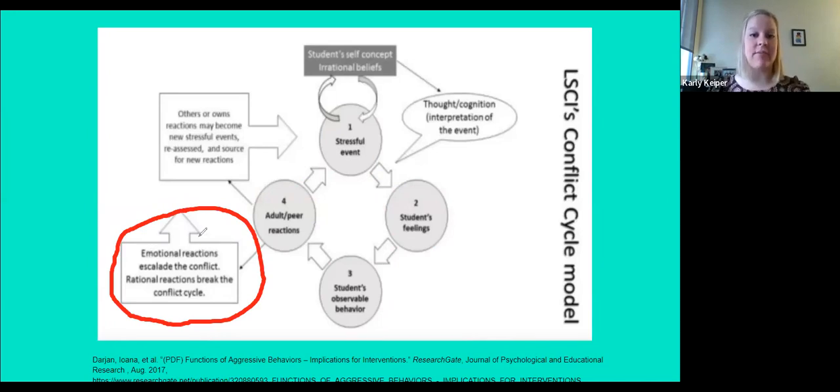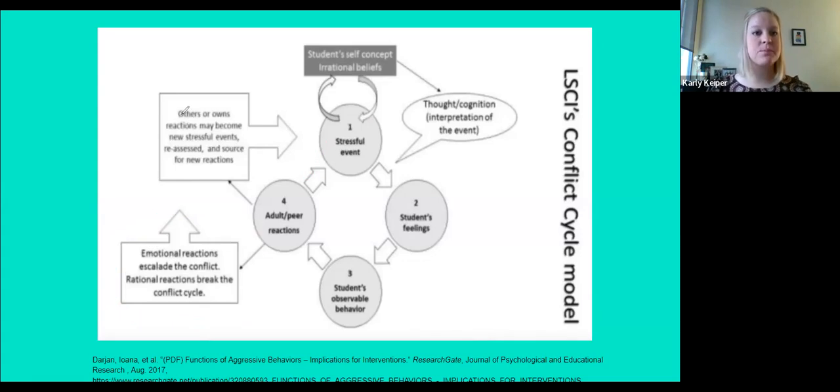can escalate the conflict, which can then lead the child to experience a new stressful event. It won't seem that way because the child could still be showing that observable behavior, but it's considered a new stressful event that then continues that cycle again. So it is so important when we're interacting with our child, when they're dysregulated or when they're showing that maladaptive, socially inappropriate or dangerous behavior, that we maintain a rational, as calm as possible reaction so that we don't re-trigger the stressful event and the behavior again.